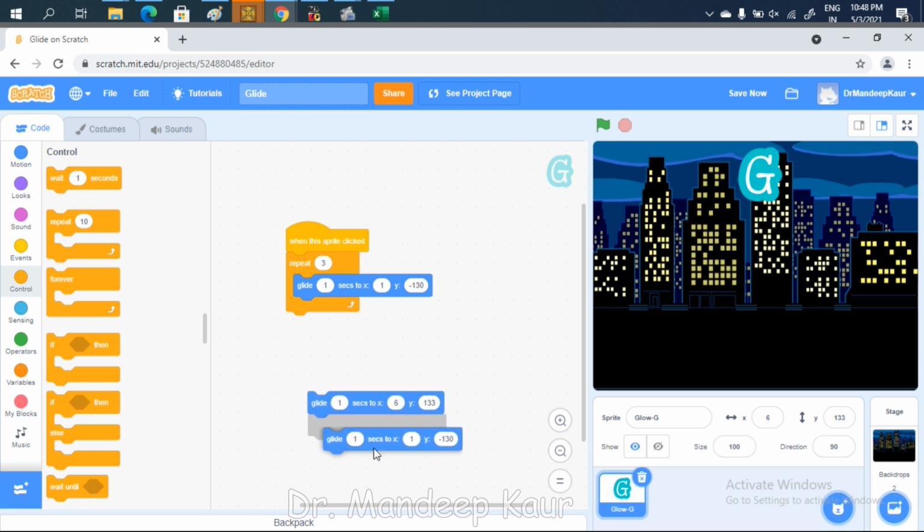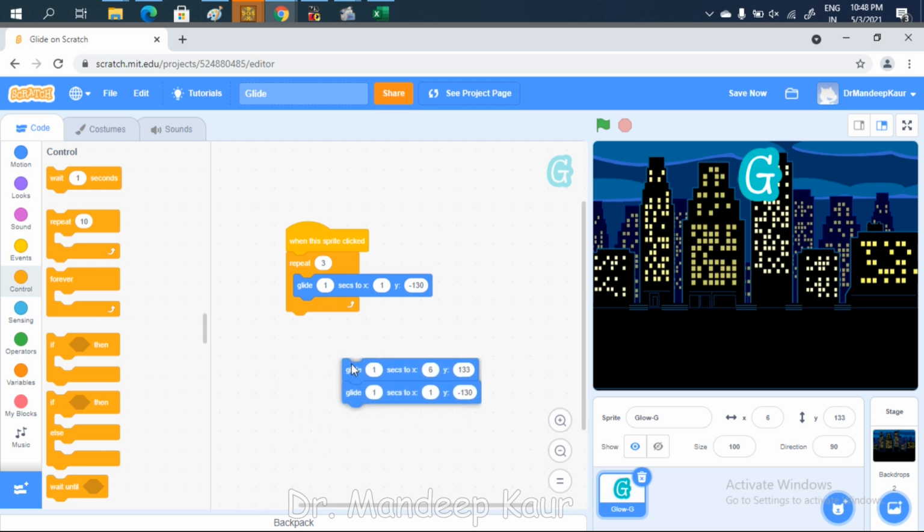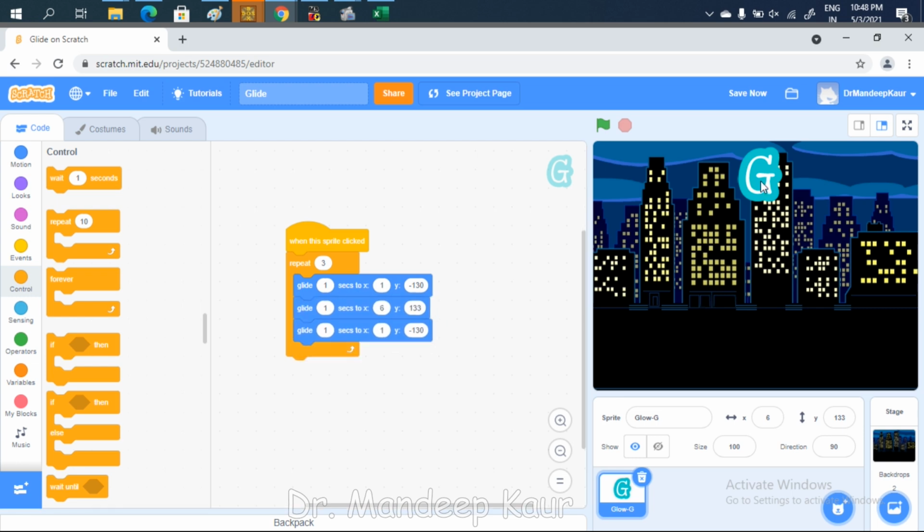So you can see that you can make your text float from left to right, or move your text from up to down, for the number of times you want to repeat it. Another loop I want to discuss is the forever loop in place of the repeat loop.